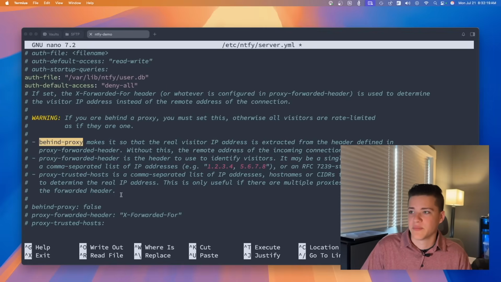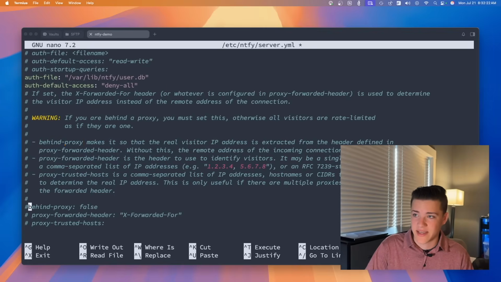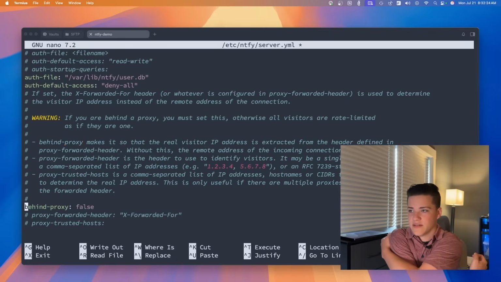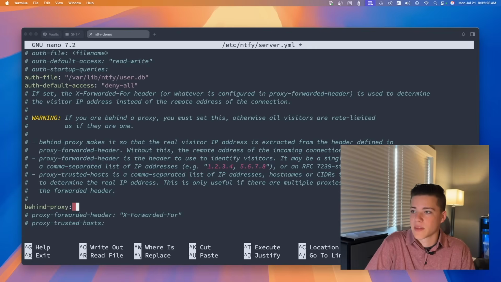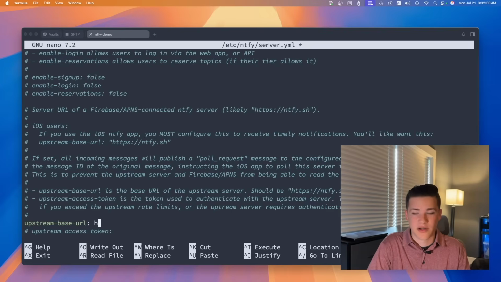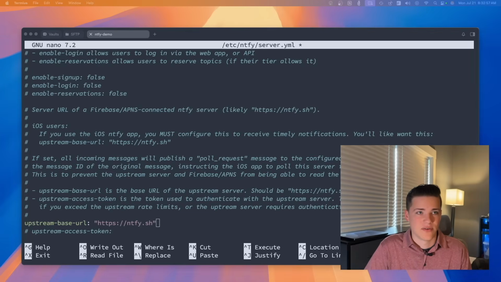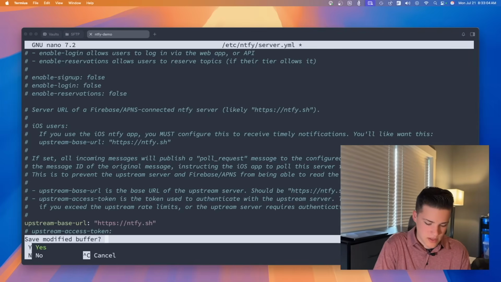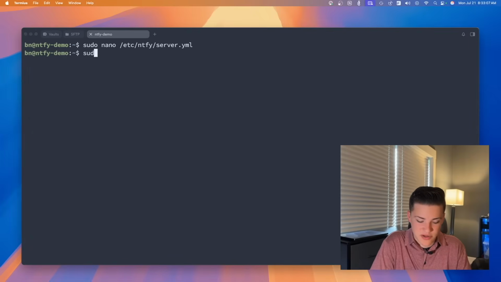Next, we're going to find the behind proxy, which in this case, I'm going to say yes is true. Well, I guess I need to also mark that as true. But this is just telling it, yes, it's going to be behind a proxy. This also kind of helps with notifications and stuff. So I'm going to uncomment the upstream base URL, which this always has to be ntfy.sh. This always has to be their server. This is, again, how they do the iOS notifications. How they get those to work in a timely fashion. So we'll save that, and then next we're going to do sudo systemctl restart ntfy,